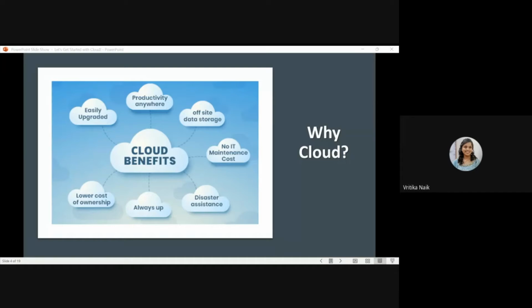Okay, again, it's easily upgradable. Normally, if you are doing everything by yourself and you have your physical servers and you want to, like, your